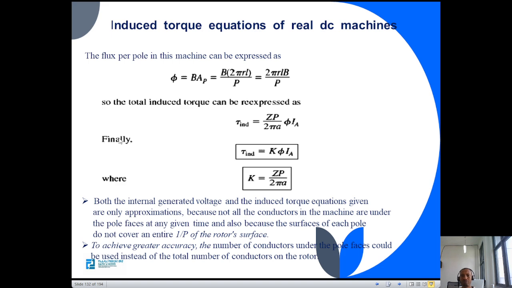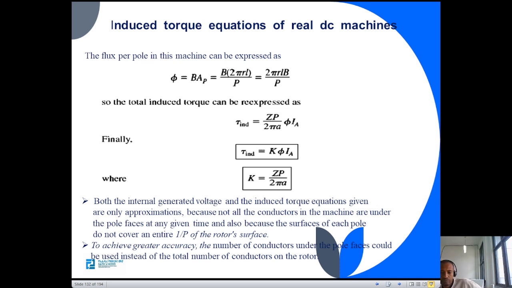So the induced torque in our machine, what we usually call the torque equation of our DC machine, is going to be K phi IA, where K is going to be ZP by 2 pi A. This is the torque equation of our DC machine. Now,